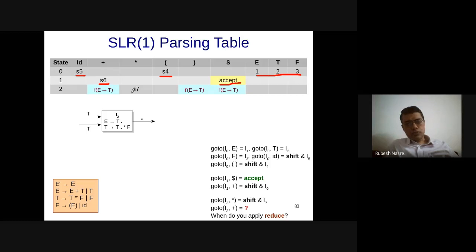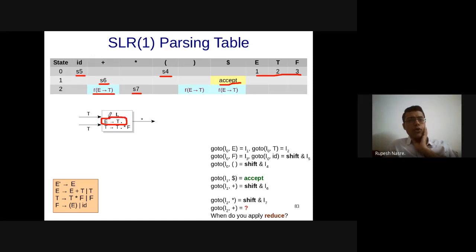As far as I2 on star is concerned, that goes to S7, I7, shift and 7. But I have also marked something like this, I need to reduce it somewhere, right? So there is E deriving T dot, which means that I have seen whole of T, and therefore this seems to signify that there is some reduction in place, right? And that I am saying should be done on symbols plus, opening parenthesis, and dollar. You have to tell me where these plus, opening parenthesis, and dollar are coming from. And why not, for example, on closing parenthesis or ID?